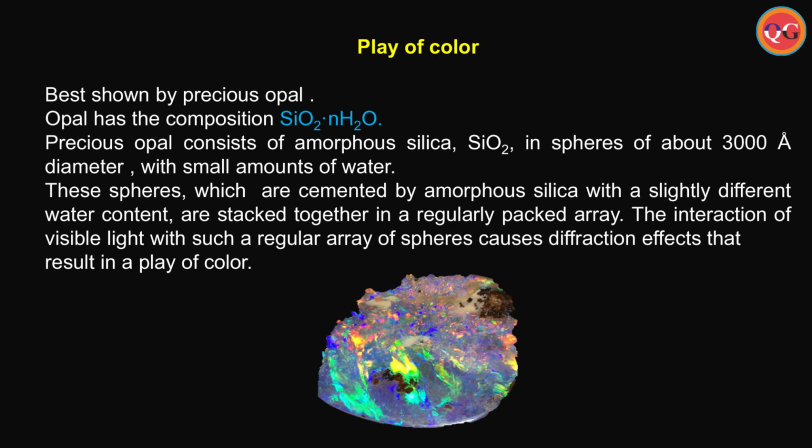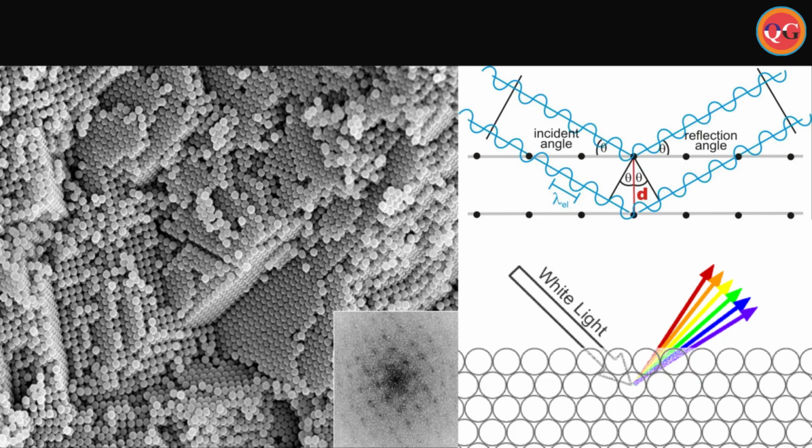Play of color, best shown by precious opal. Precious opal consists of amorphous silica in spheres of about 3000 Angstrom diameter with small amounts of water. Look at the scanning electron microscope image of opal with a chalky appearance. These spheres, which are cemented by amorphous silica with a slightly different water content, are stacked together in a regularly